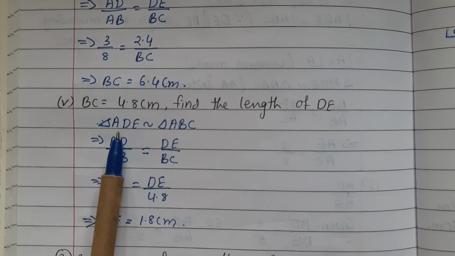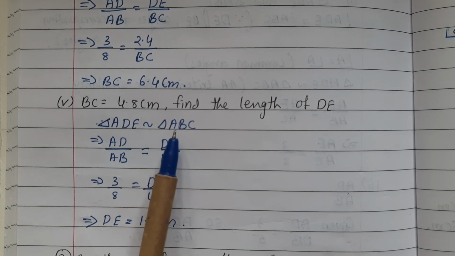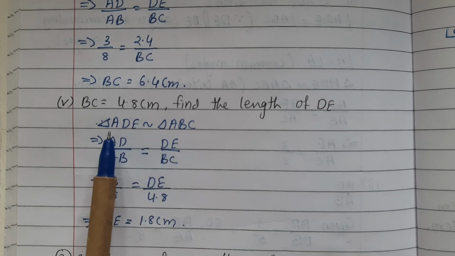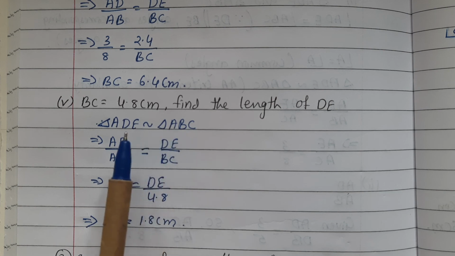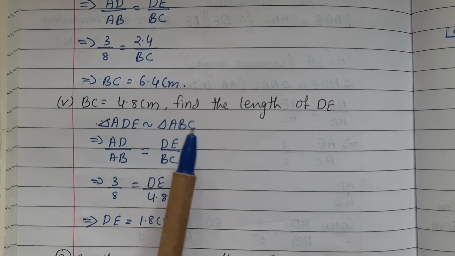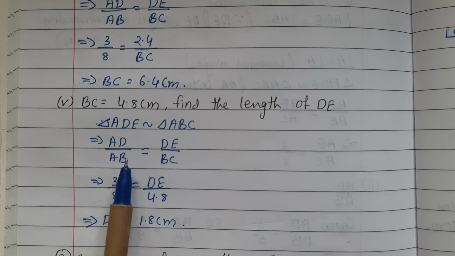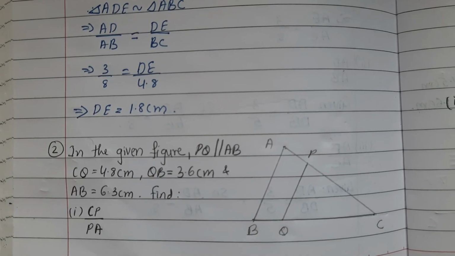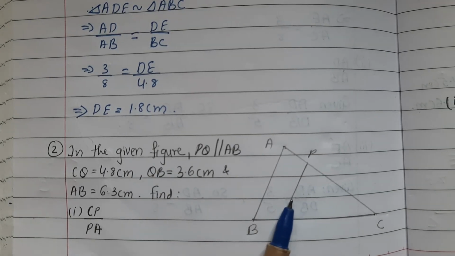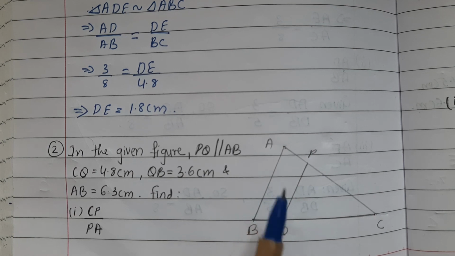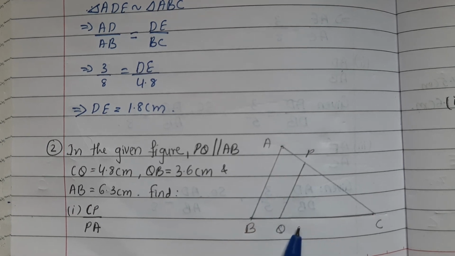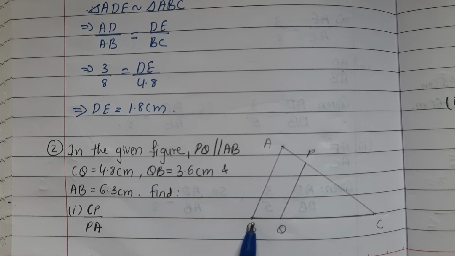Triangle ADE is similar to triangle ABC. Therefore, AD upon AB is equal to DE upon BC. AD upon AB, 3/8, equal to DE upon 4.8. DE equal to 1.8 centimeter. Sum number 2. In the given figure, PQ is parallel to AB. CQ 4.8 centimeter, QB 3.6 centimeter, AB